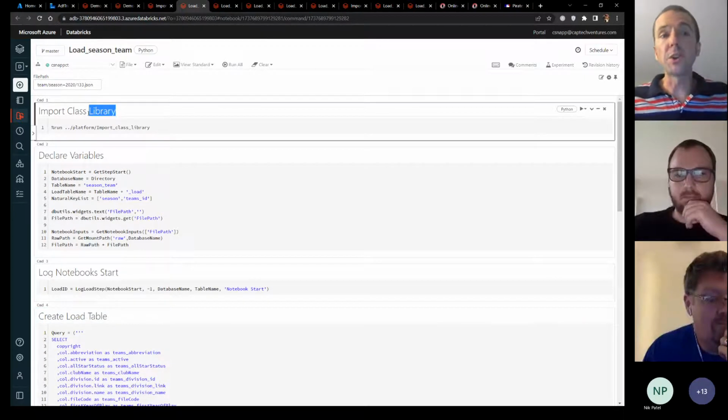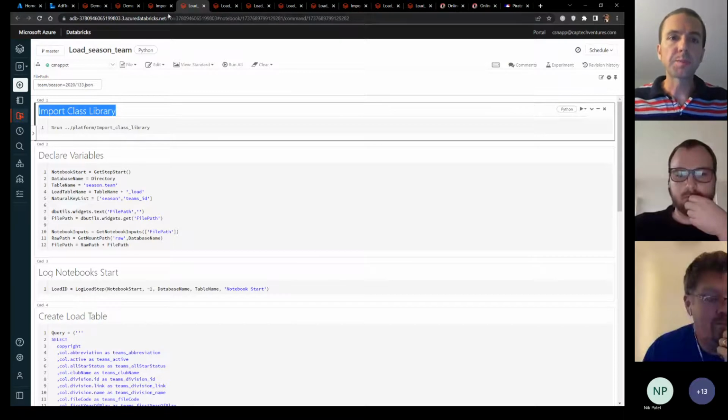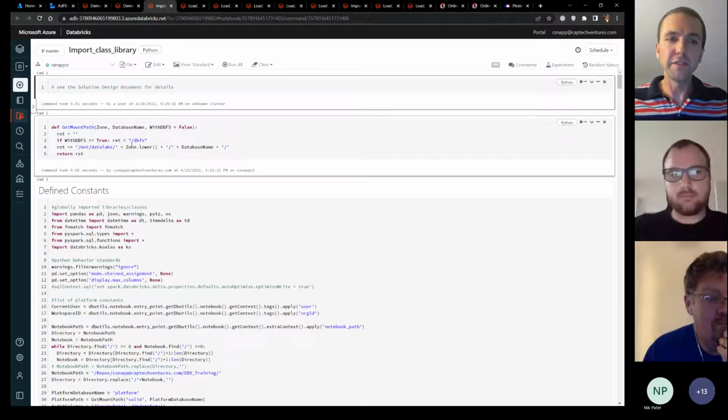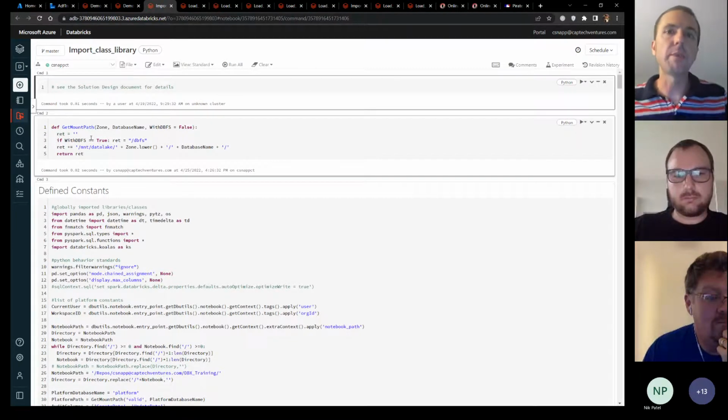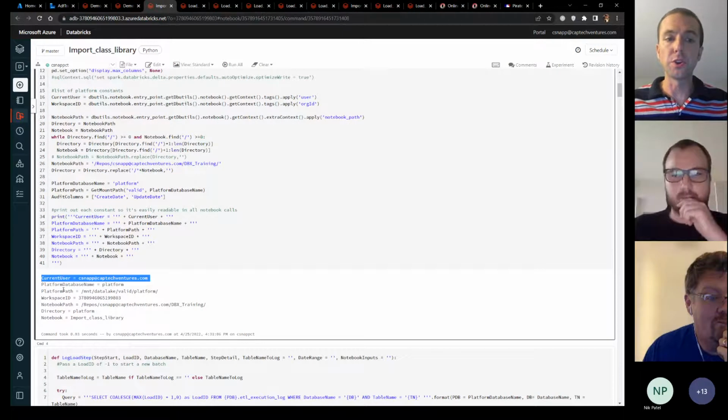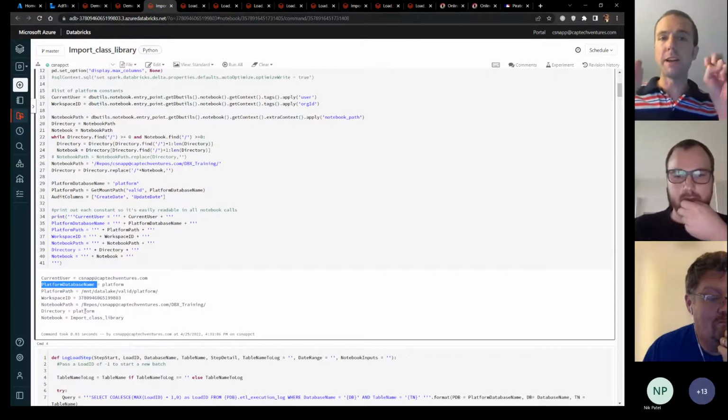A really cool thing that Databricks makes available is the ability to import or run other notebooks. So I created a class library, and it is very extensive. It has all of my reusable methods. It has all my platform constants. For example, I return back the current user, the name of my platform database.